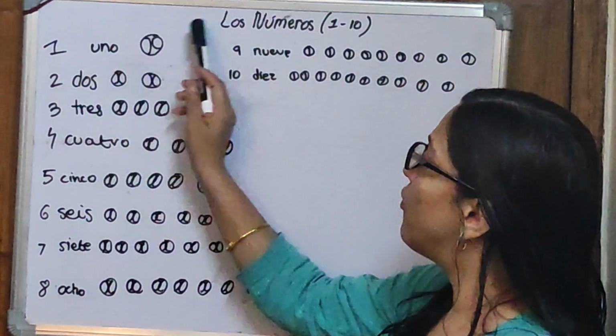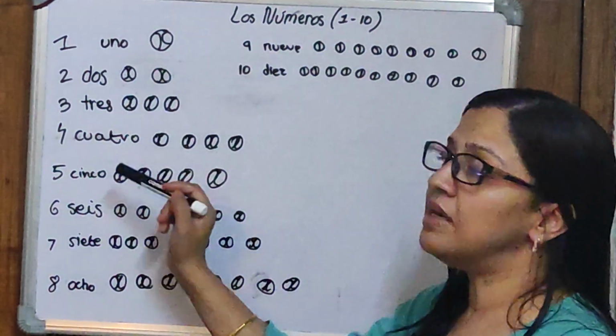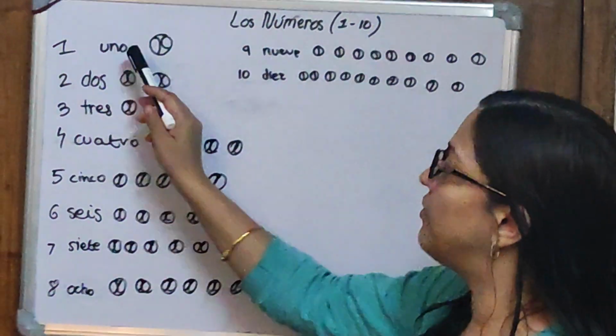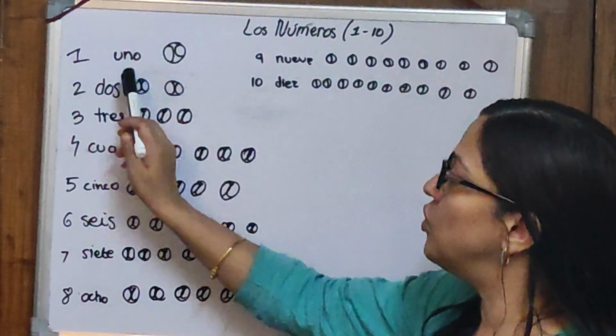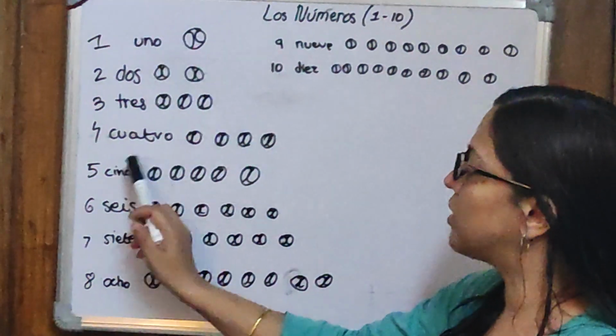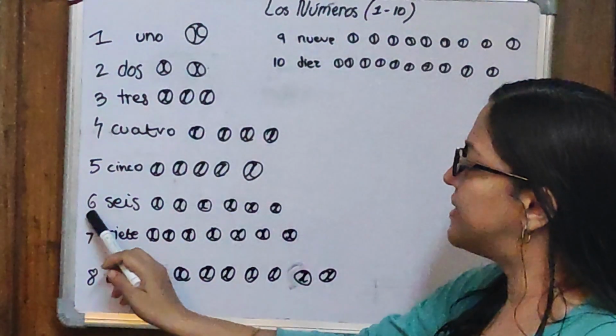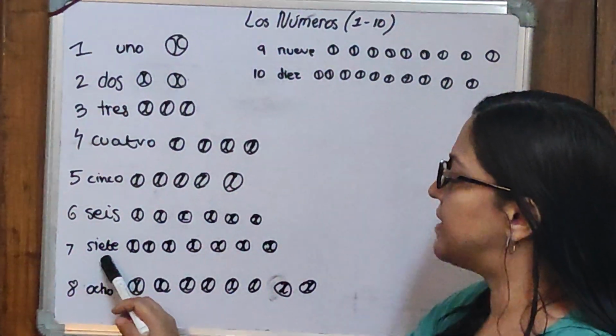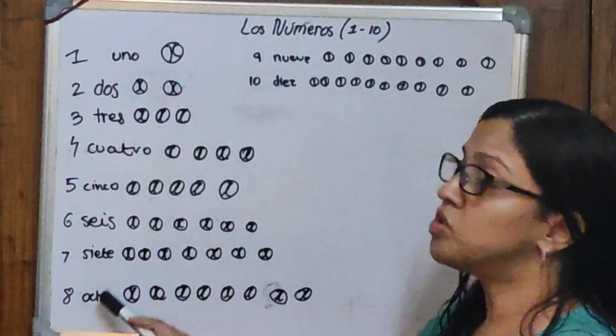So from 1 to 10 we have already learned. So we will start again. That is 1, uno, 2, dos, 3, tres, 4, cuatro, 5, cinco, 6, seis, 7, siete, 8, ocho,